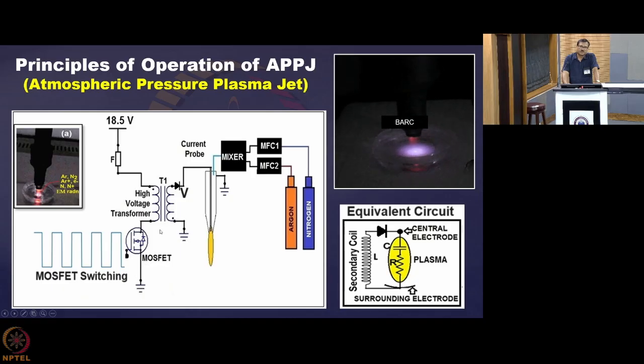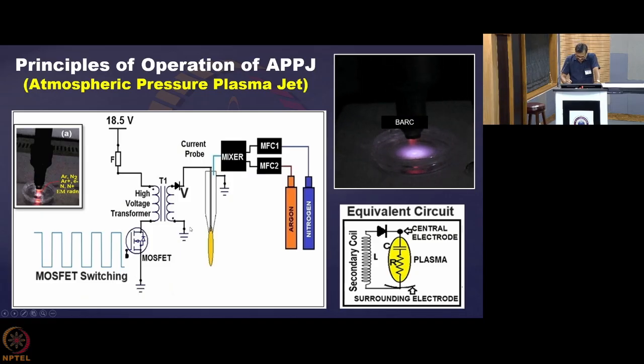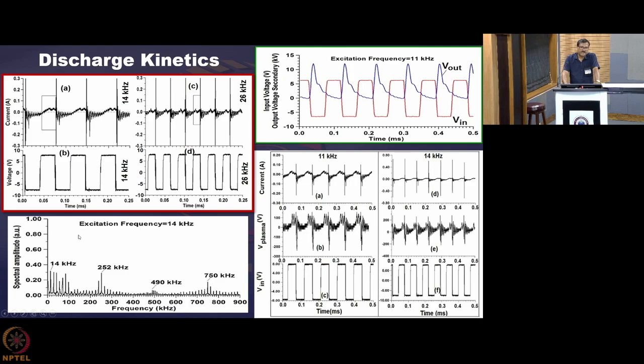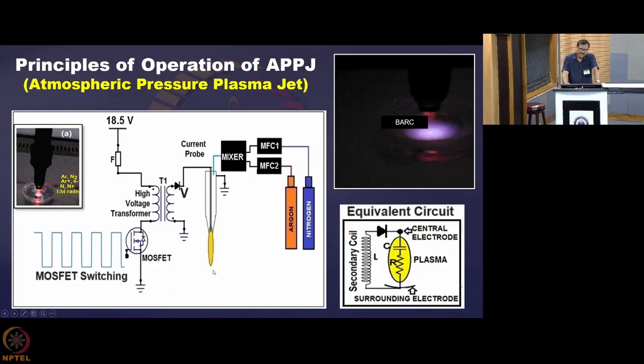this MOSFET goes off. The current suddenly changes. So that changes the magnetic flux all of a sudden, and that creates a very high voltage which causes breakdown of the gap between the cathode and the anode. There is a small gap in between, and when a very high voltage is applied across this gap through the induction principle, then the region between these two is broken down, and the plasma that is created hits the gas that is flowing through here, and a plasma jet comes out.